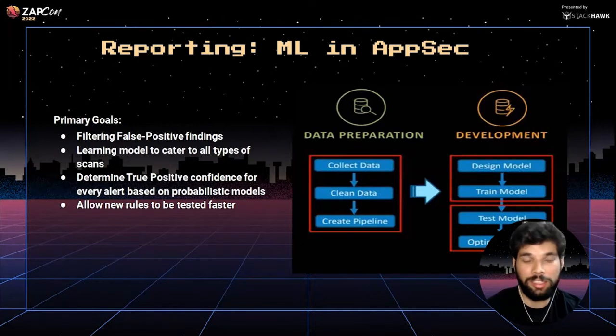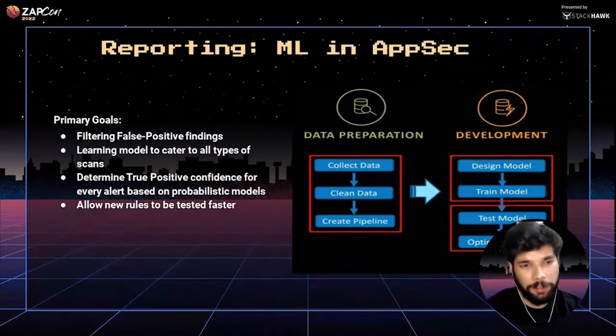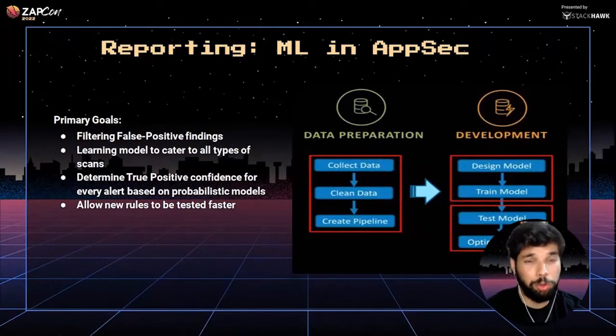So obviously every scanner gives that out. Then thankfully his app allows us to customize it a lot. But we also don't want to spend so much time on the validation part. So we just listed out some goals. What do you want to do? And we figured reducing false positives is one of our primary goals, right? So we did that and give out a true positive confidence for an analyst to take a decision.